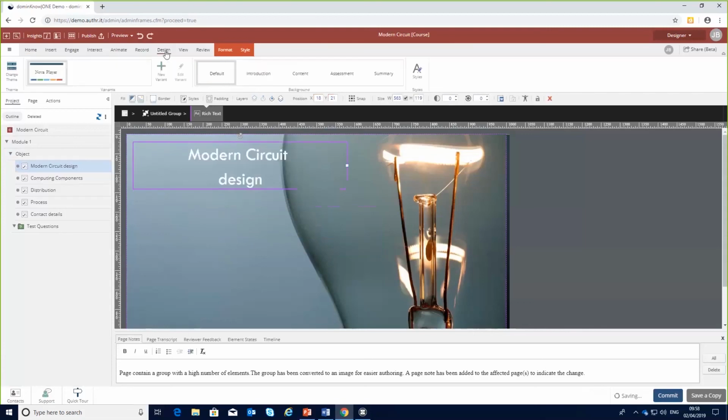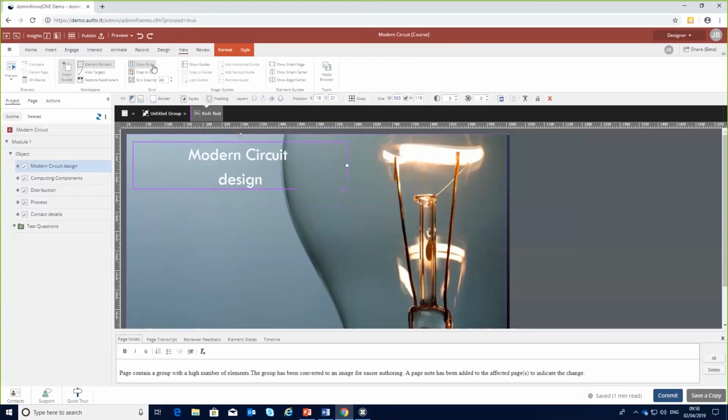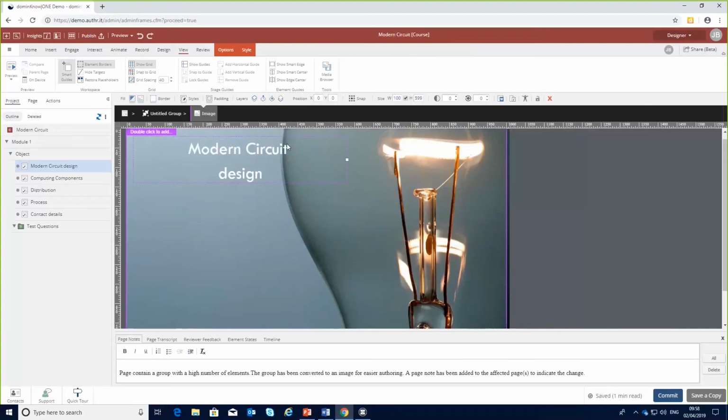And there are options in here, for example, if I wanted to put guidelines on, put smart edges on to help me align different elements with each other. So in terms of getting things on your stage, it's very much like a PowerPoint. And if I wanted to put this behind the image, I can just say move it to the rear. And if I wanted the image to go back, I can say move that. So we've got a depth in here. We can sit things on top of each other. So in terms of